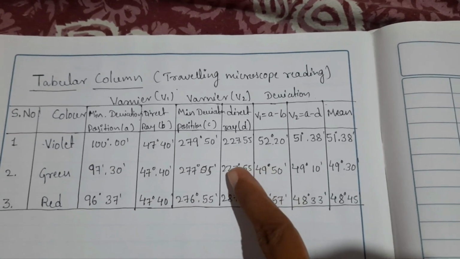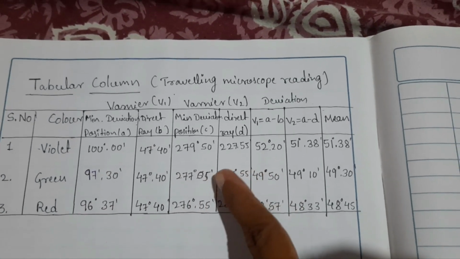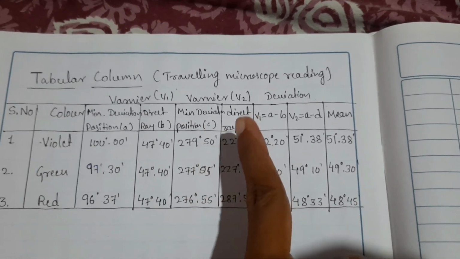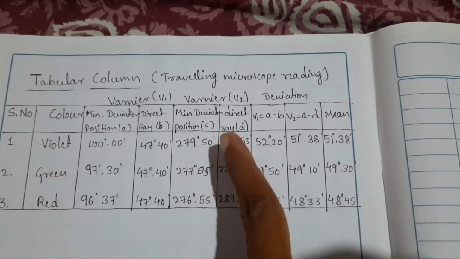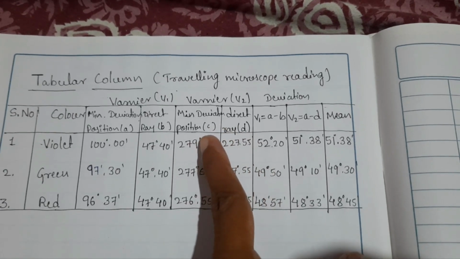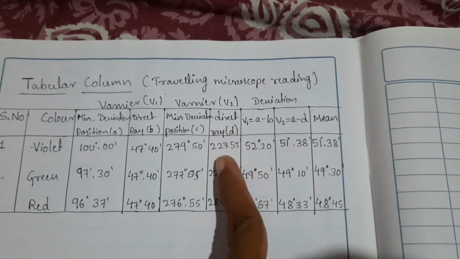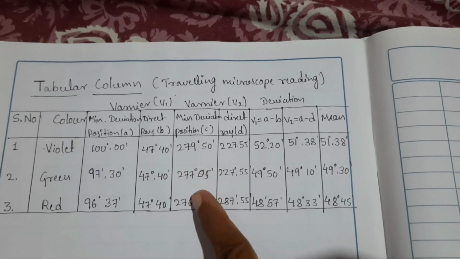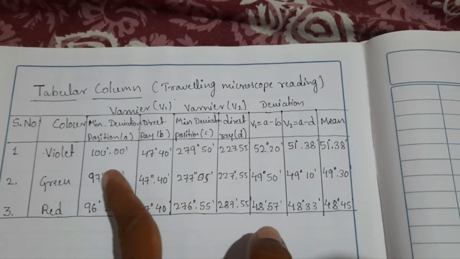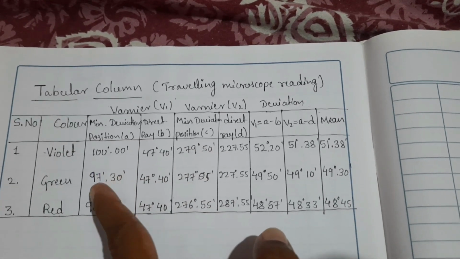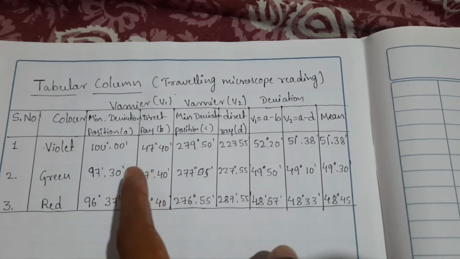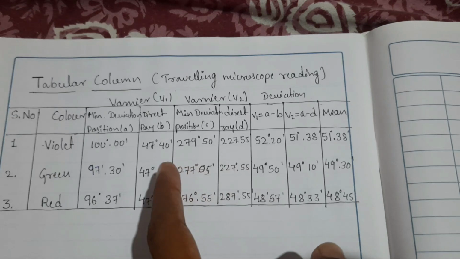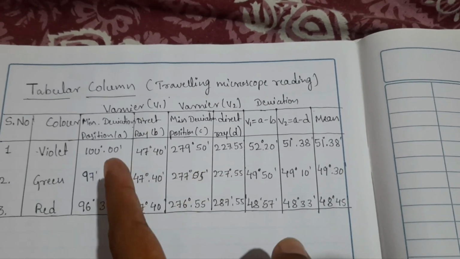Next you have to go to window B. This is for window A. Window B you can consider as vernier scale reading V2, minimum deviation position as C, and direct ray reading D. So once you note down the minimum deviation position for movement of the telescope to the right side or left side, considering the window A and B or vernier scale readings V1, V2